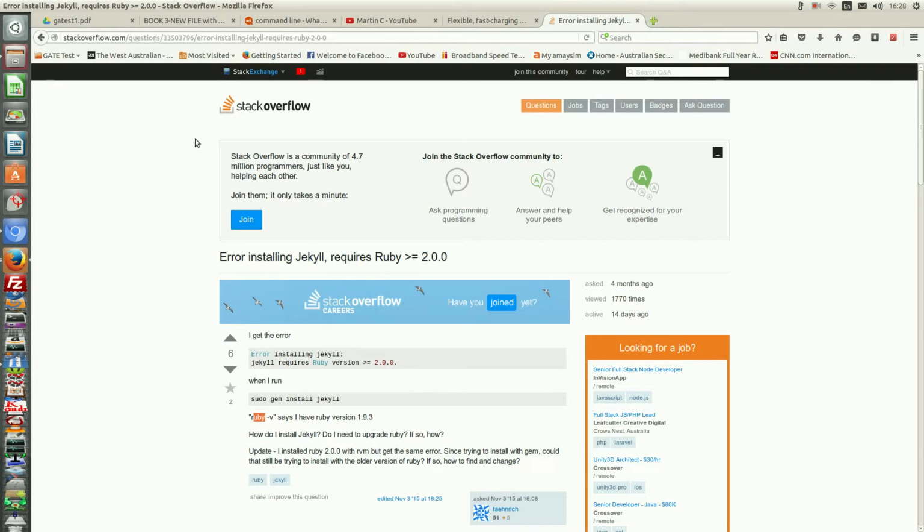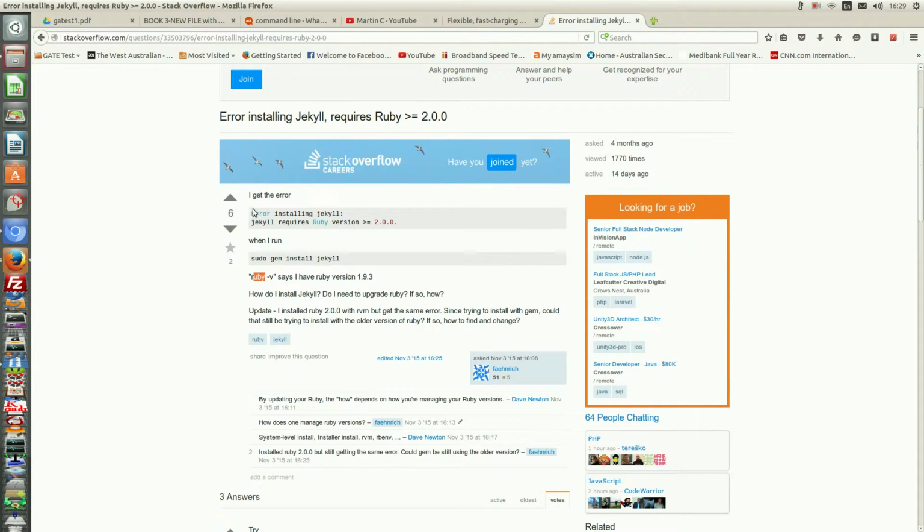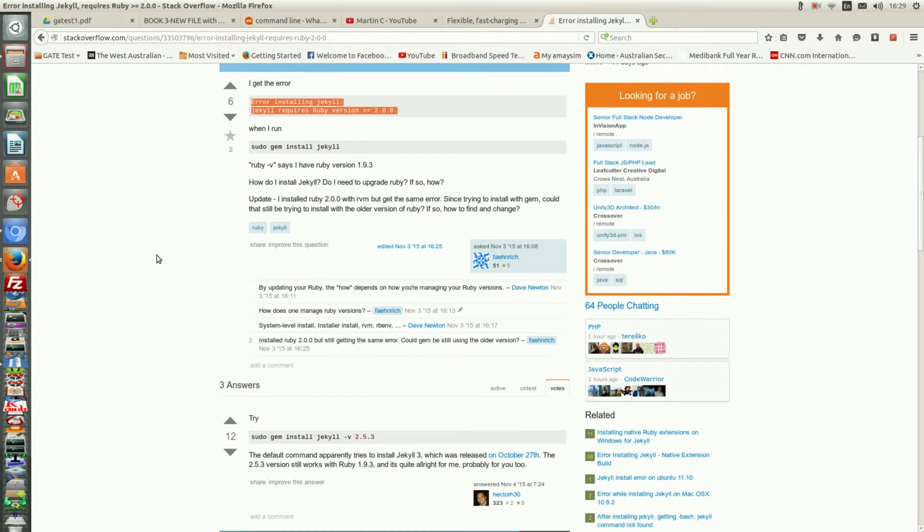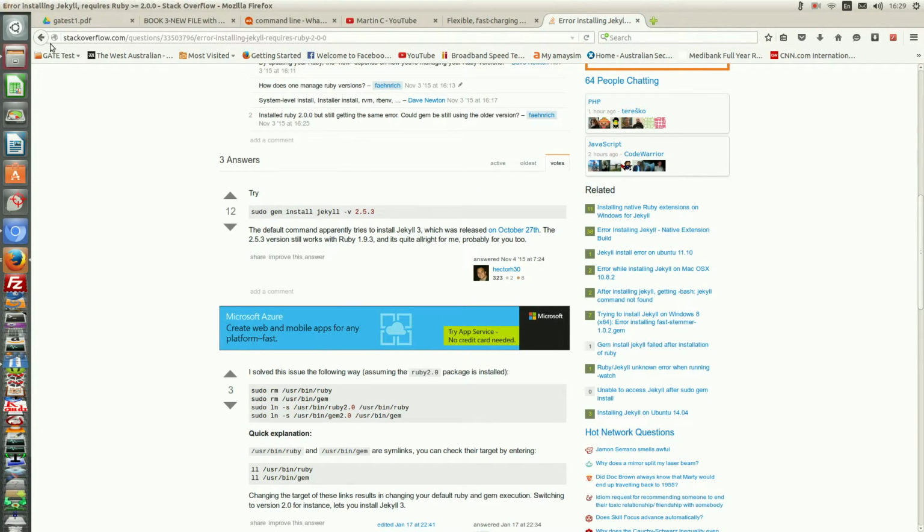After installing Ruby version 2.2.3, I then proceeded to try and install Jekyll version 3. But when I did that, I got this error here saying that the Ruby version I had was not greater than or equal to 2.0.0. So I did a check by typing in this command into my terminal, ruby -v, and it did say that I had version 2.2.3. So I was a little bit puzzled as to what was going on, until I found this Stack Overflow